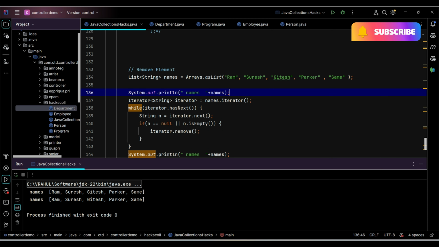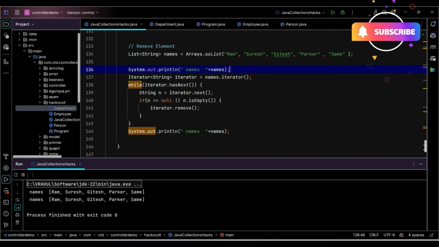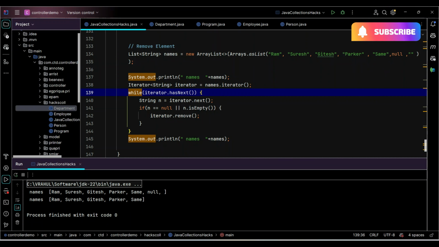Now you see here the blank. Let's say I have some null value over here, or let's say some empty element inside. Now if you take a look at this, I had to modify this particular array list over here because I